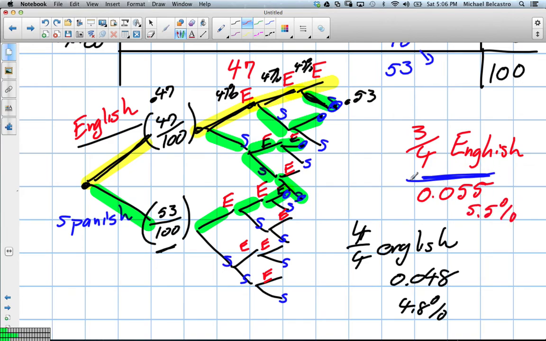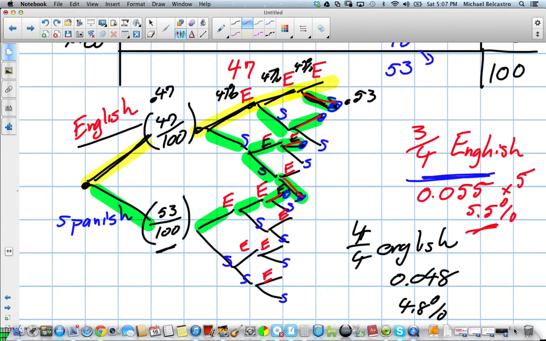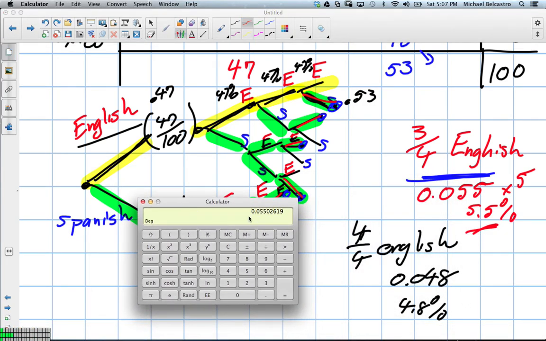But how many different options or ways could we have drawn it out? Yeah, there was 1, 2, 3, 4. I think we got 5. Yeah, I think 5 different ways we could have drawn it out. In other words, we need to multiply this by the 5 different ways we could have taken those routes. Each route is a 5% chance of getting there. Okay? And we'll have to multiply that by 5 to figure out that probability. So that one's a little more complex. A little easier when they're all the same, you just multiply the same one. So this one, because there are 5 different ways of doing it, times 5,